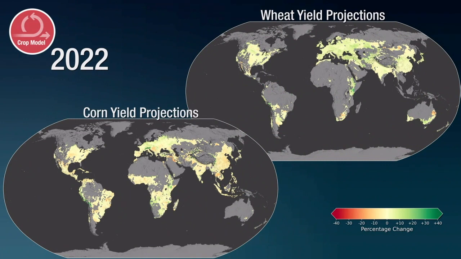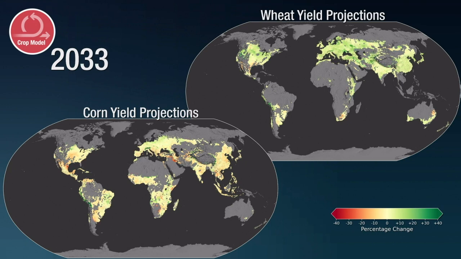I'm trying to draw an arc here from using data to understand what we're seeing right now to looking a little bit into the future, and now in this last animation, we'll look even further into the future. And I want to be really clear. What I'm going to show you here, again, it's AgMIP work. It's not a prediction, but it is a projection in which what we do is we